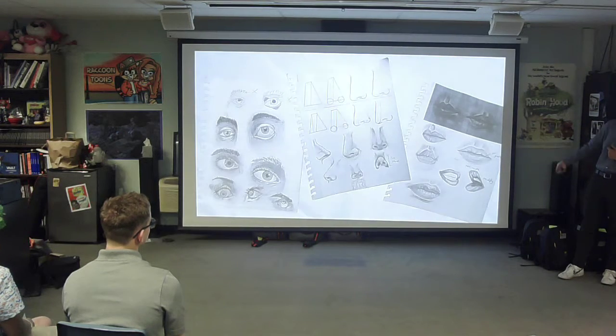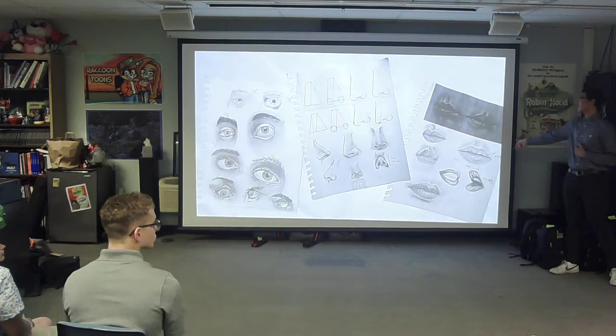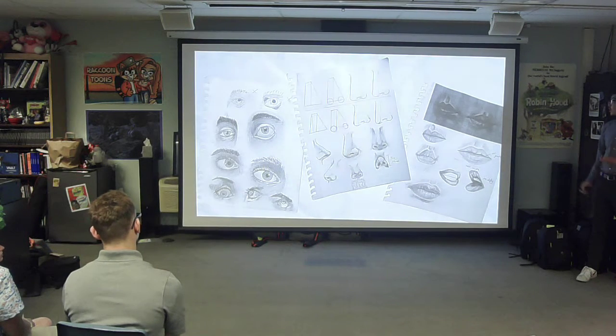So here are my final sketches. The eyes over there, the noses, and then the mouths. These two aren't mine, very clearly, you can see that. But yeah, I definitely grew a lot as an artist and learned a lot about myself and the principles of art and what it takes to